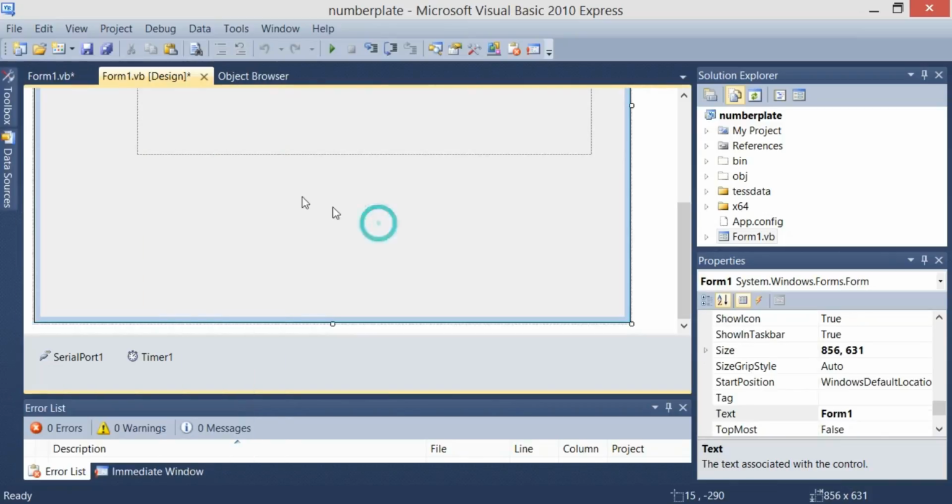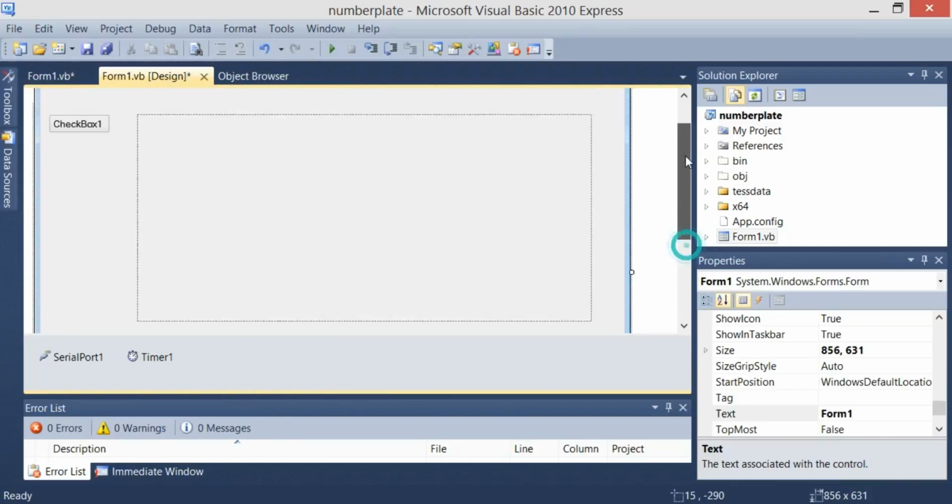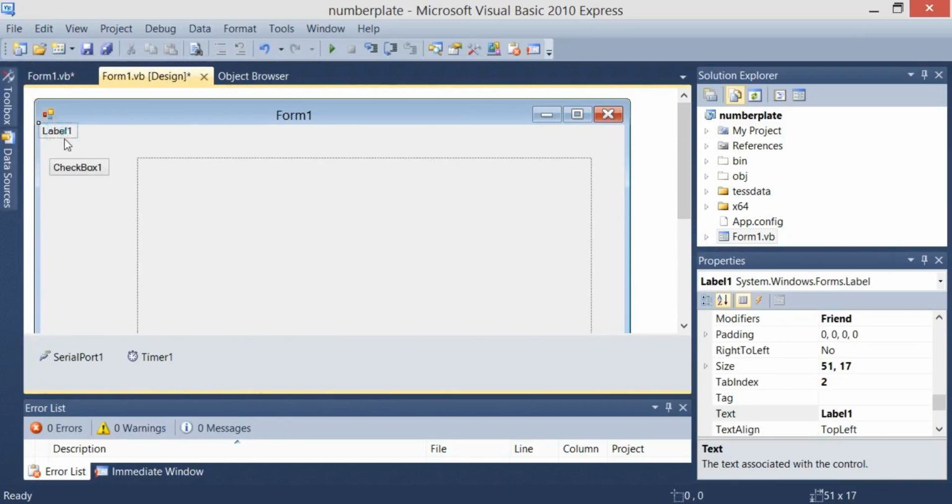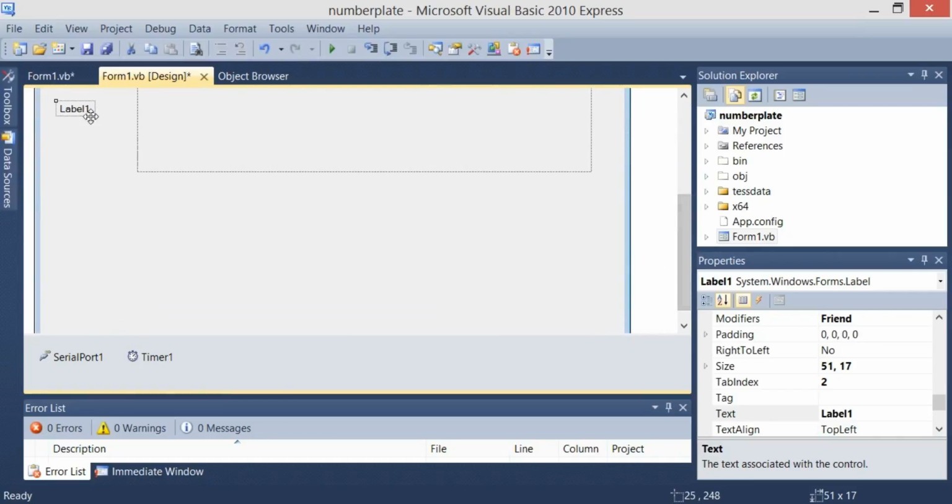Double click and you can see the label is added over here. Now copy and paste this label to paste label 3, paste label 4